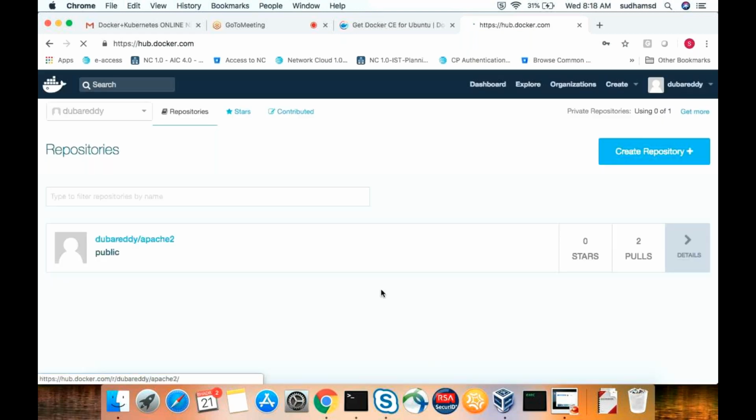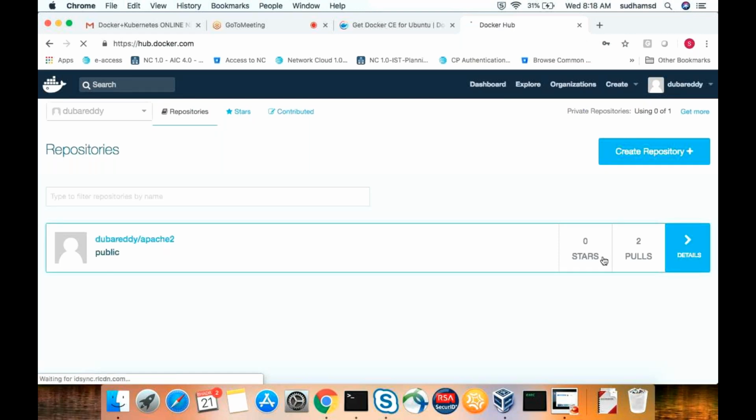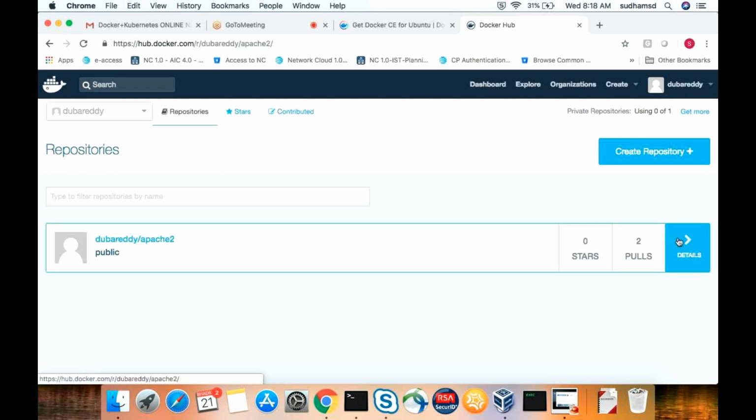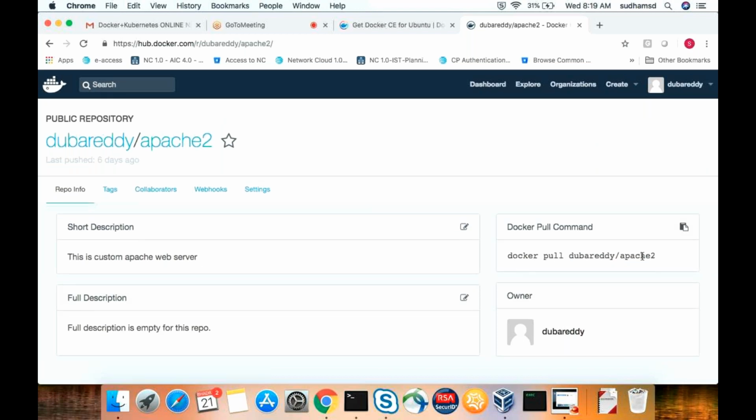In this, I have pushed one image. Two times it has been pulled from this particular location. If you want to see the details of this image, you can go to details. You can see, this is the command which I need to execute in order to pull this image.